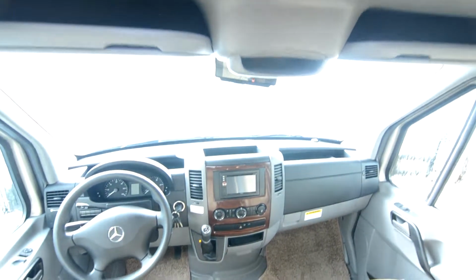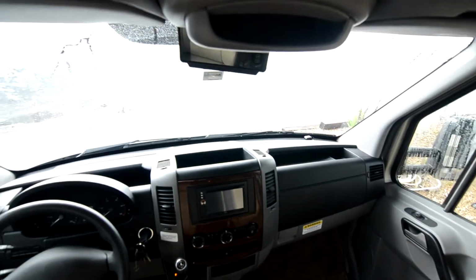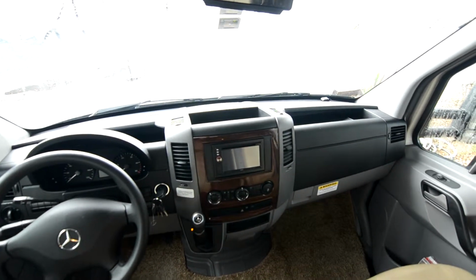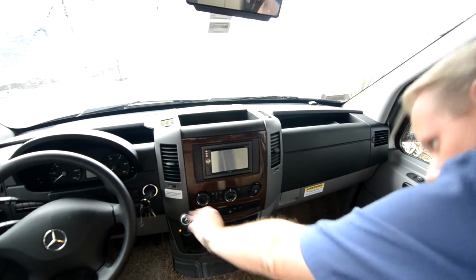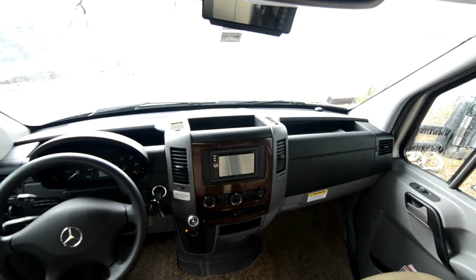And then if you go up into the cockpit, it does have a Jensen DVD system in the dash, and that is a navigation system. It also has Bluetooth, hands-free for your phone. You can see I've got a gear shifter here. It's not a column shift. The Mercedes Sprinter is the